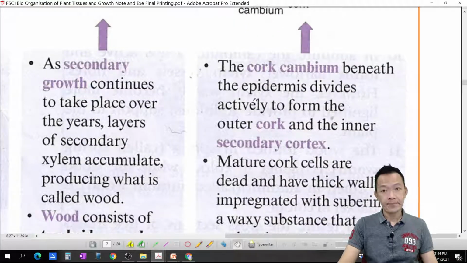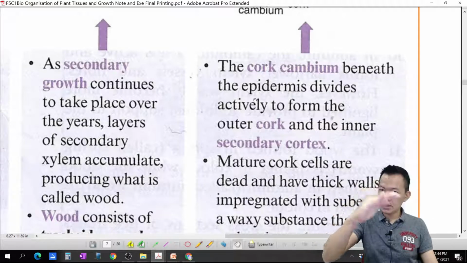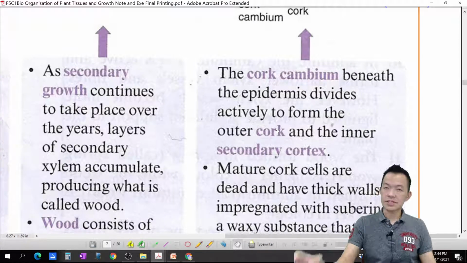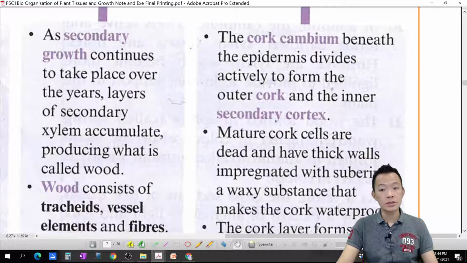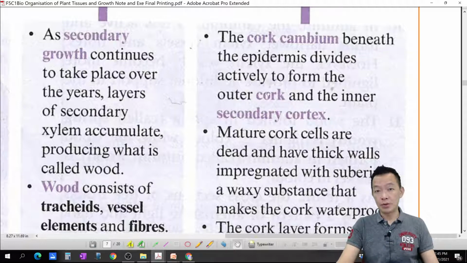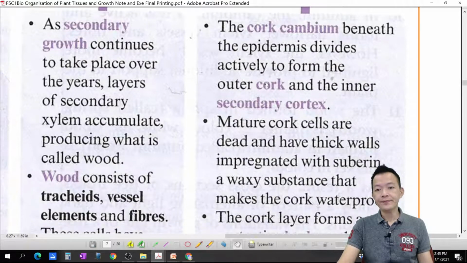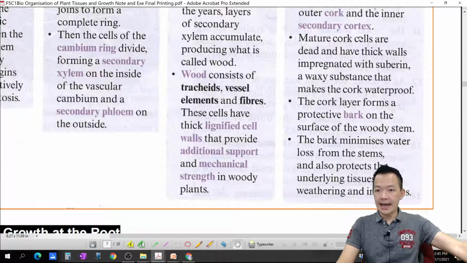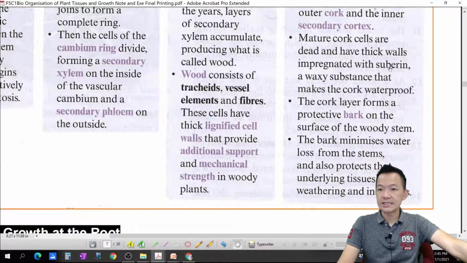OK, besides the wood，除了变成木以外，还有什么东西呢？来，the cork cambium beneath the epidermis，cork cambium 在外皮的下面，actively divides to form outer cork. And the inner secondary cortex，它形成了 cork，就是 cork cell 一直推出外面，and also inner secondary cortex，就是里面的树皮啦，比较软的这种叫软木 cork，里面的木比较硬的叫 wood，外面比较软的叫 cork。